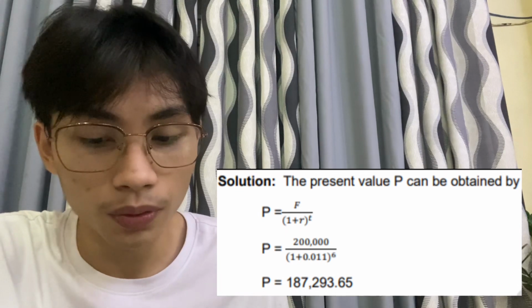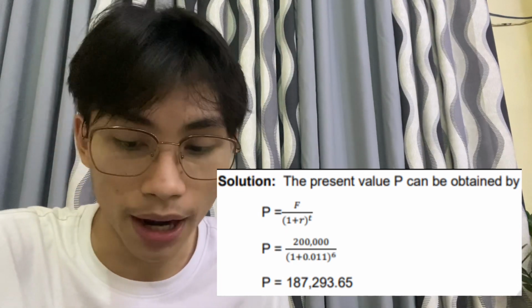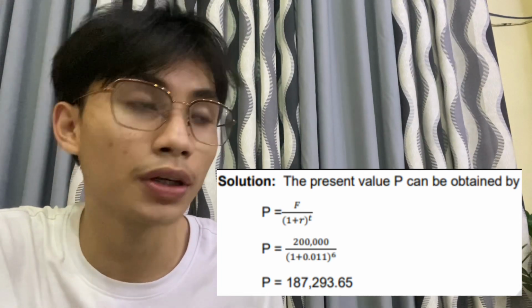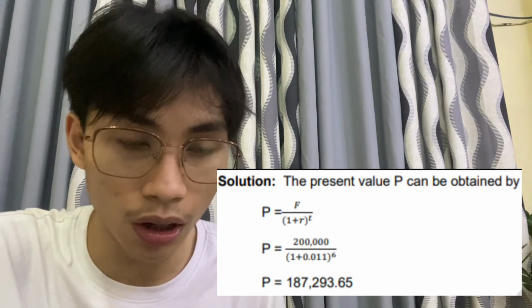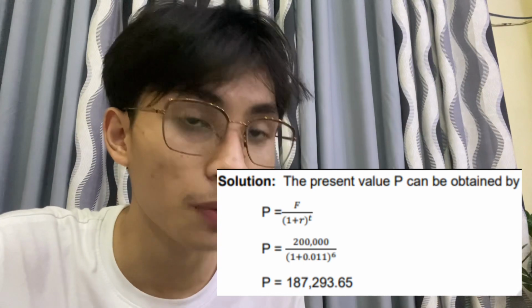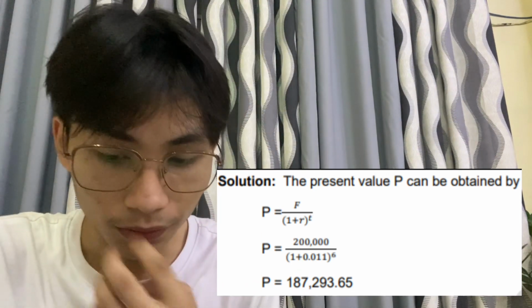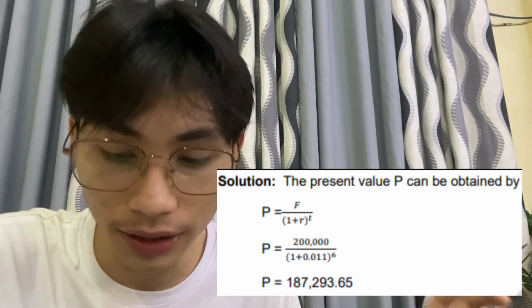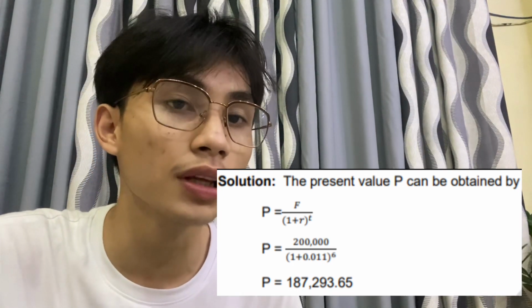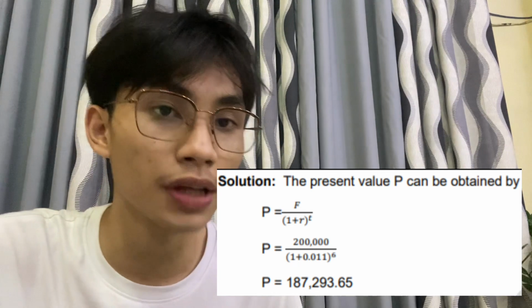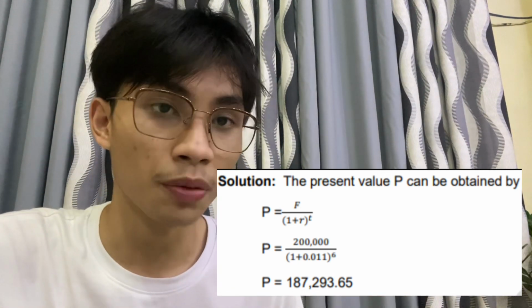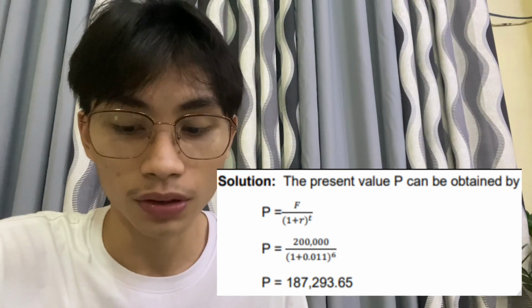The solution: the present value P can be obtained by P is equal to F over the quantity of 1 plus R raised to the power of T. So P is equal to 200,000 over the quantity of 1 plus 0.011 raised to the power of 6. So P is equal to